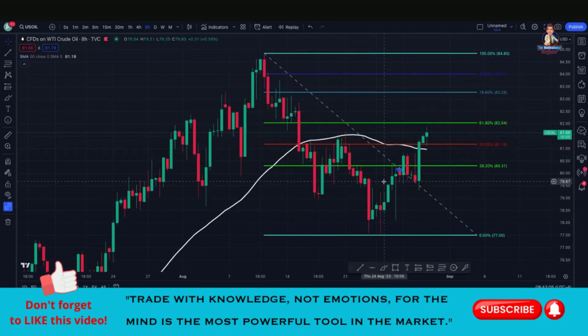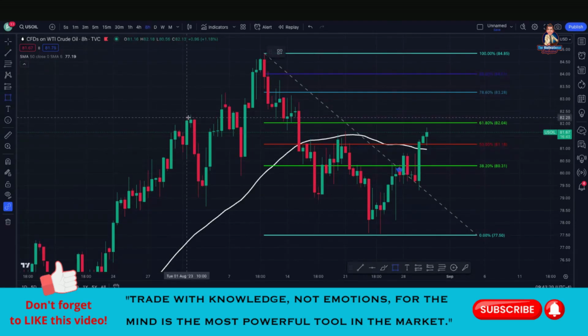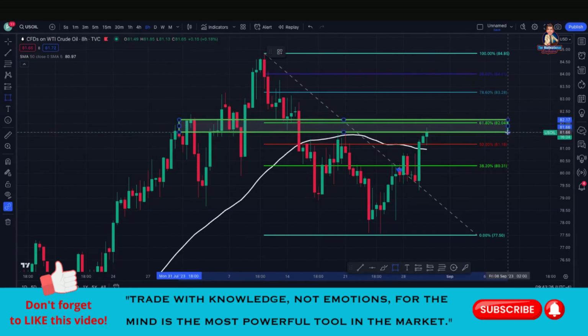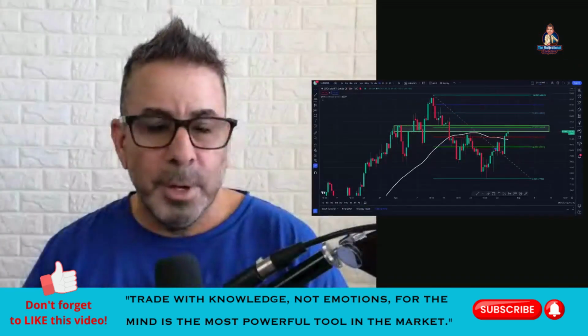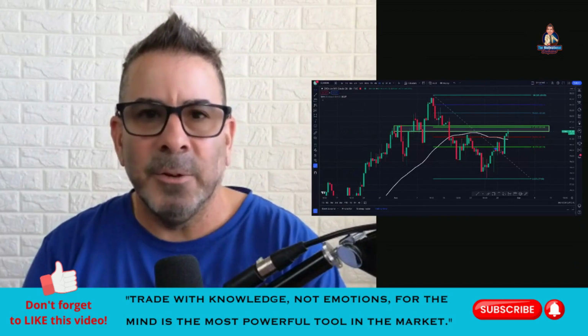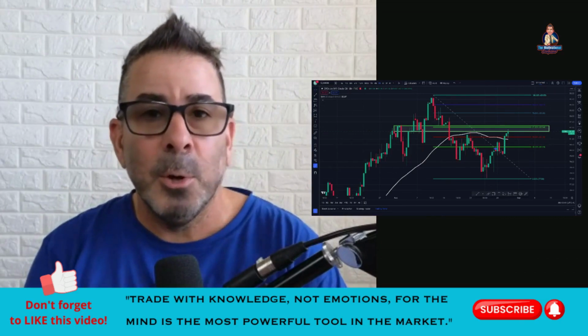So let's bring this up and take a look at what we are looking at for the 8-hour time frame. Now, we do have an area of resistance sitting right up here, and I want to make sure I mark that right in here. We are approaching this area. And that's why the fib levels are so important. If you do the fib levels correctly, even though you may have a multi-time frame analysis, it also lets you know where you might find some support and resistance within that level.